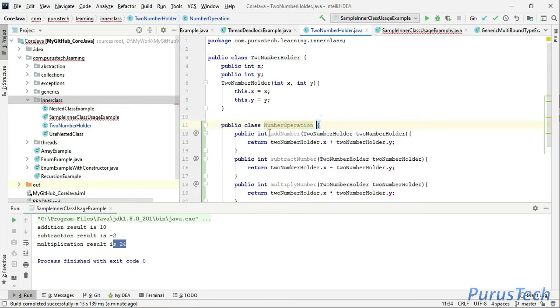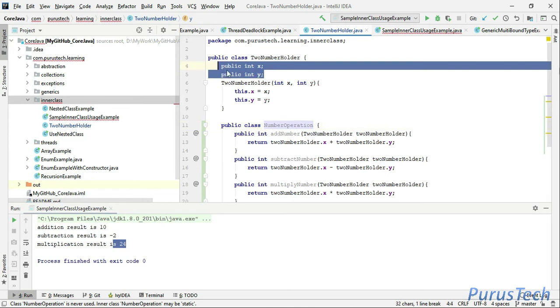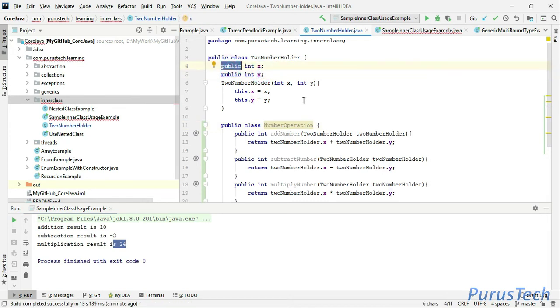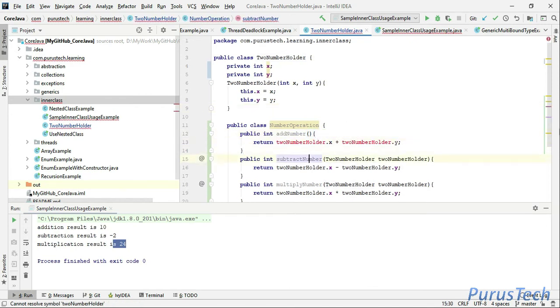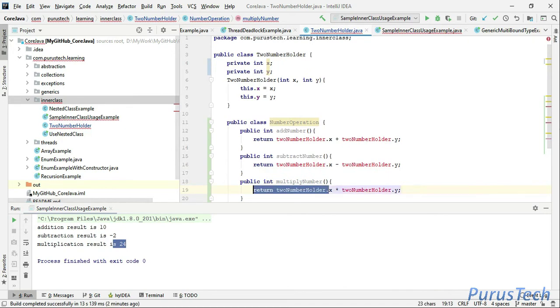As we know, an inner class can refer to the private variables also. So we can make these private, so that here we are achieving encapsulation, right? These two variables are now encapsulated. Now we don't need this to be passed here, even this, and directly we can access this x and y variable.